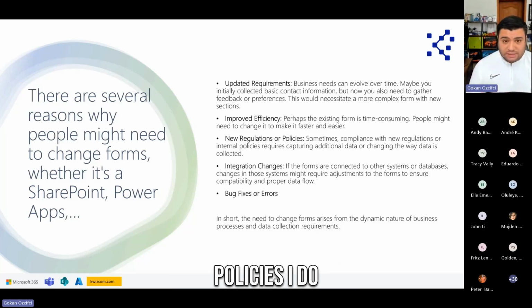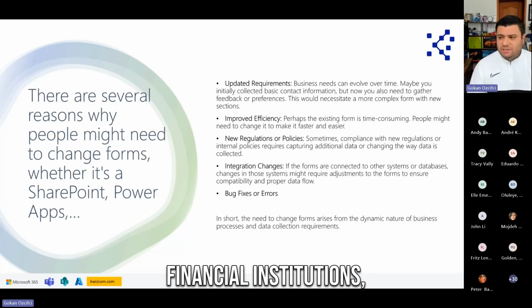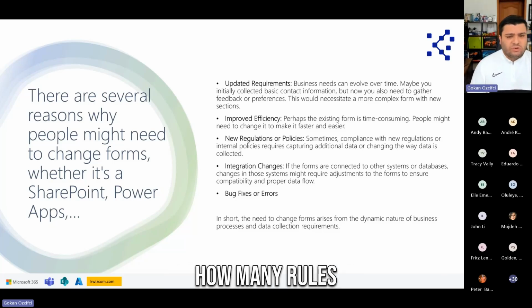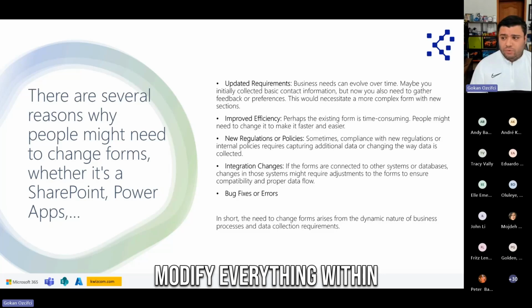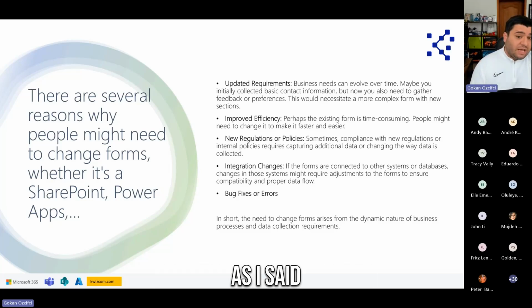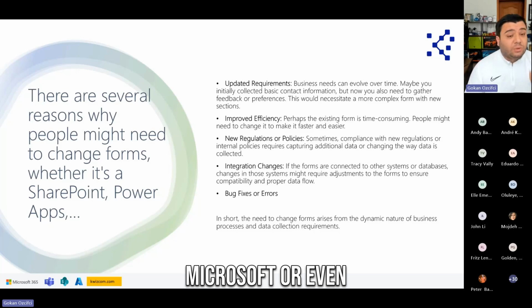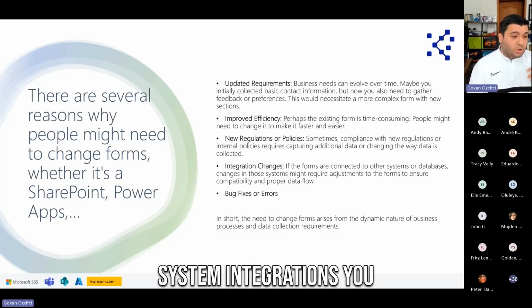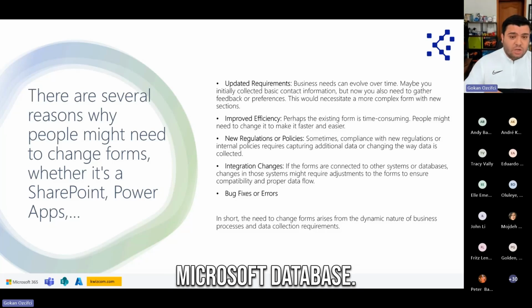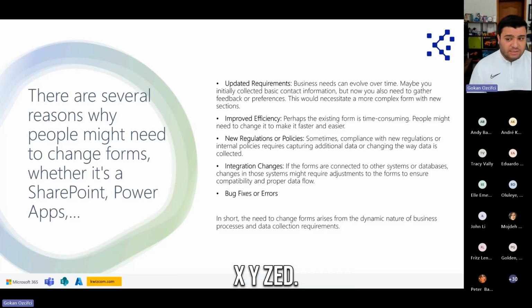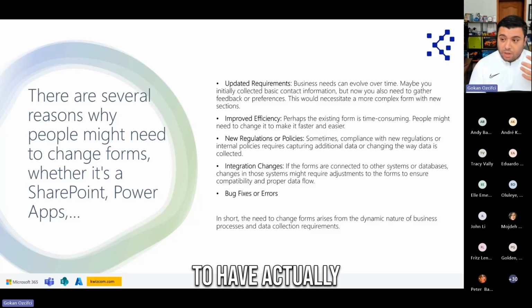New regulations, new policies. I work for a lot of organizations, financial institutions, and my goodness, how many rules and regulations they have, and how many times we have to take our time to modify everything within our form. The integration changes, as I said, you have your data inside of Microsoft or even outside of Microsoft. System integrations, you can go to Dataverse if we talk purely about Microsoft. You can get your data from Microsoft Dataverse. You can go to Amazon Web Services, XYZ. And if something changes in their backend, well, it could have an impact on your form as well. So you have to always keep that in mind and change it, and